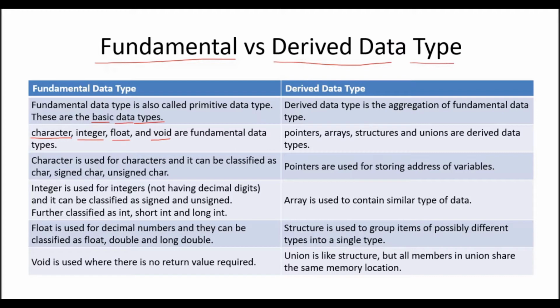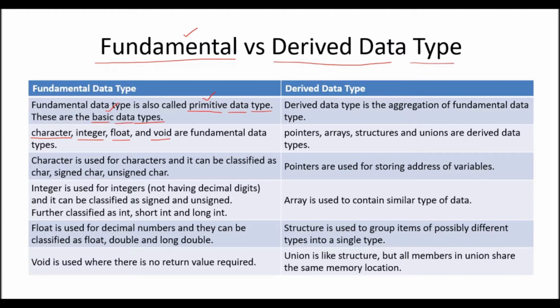So the system has given us some data types. These are character, integer, float, void, and they are also called the primitive data types. So if somebody says primitive data type, fundamental data type or basic data type, they all have the same meaning, and you have to give out the answer as character, integer, float and void. Sometimes double is also given, but double is also considered into the float. So that's why we are focusing on these four majorly.